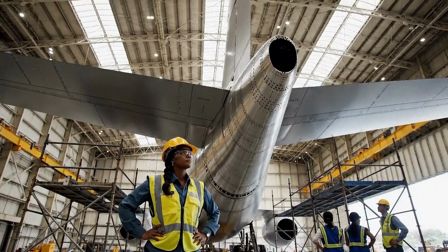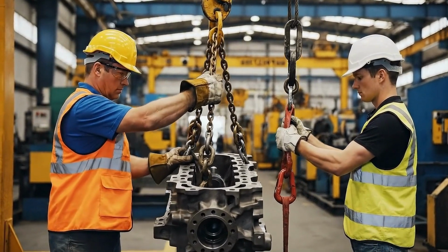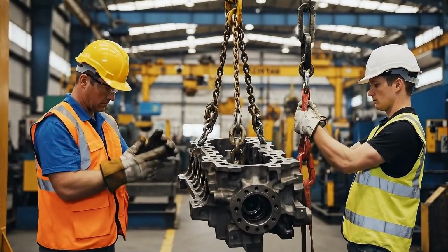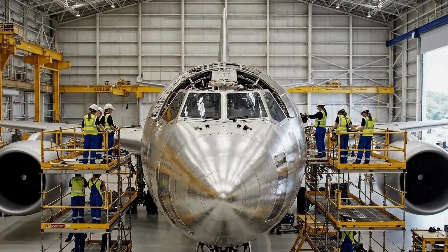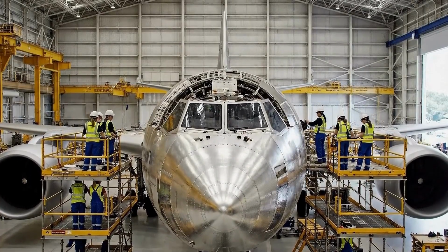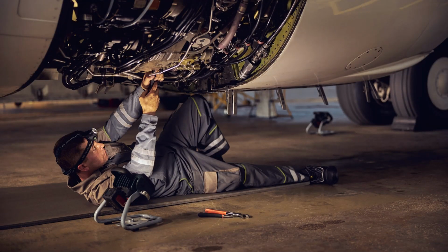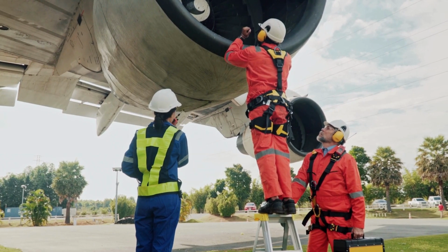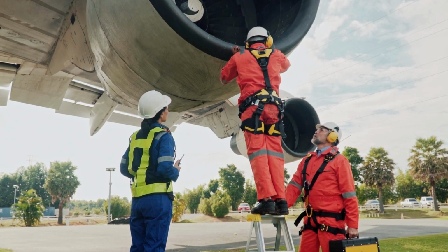This structure is critical for stability and control, especially in heavy load conditions. Every connection verified. Precision engineering made this seamless with disciplined teamwork. Massive components move as if weightless, guided by steady hands and clear communication. With the flight deck and tail now integrated, the aircraft's identity becomes unmistakable, strong, purposeful, and ready for the next